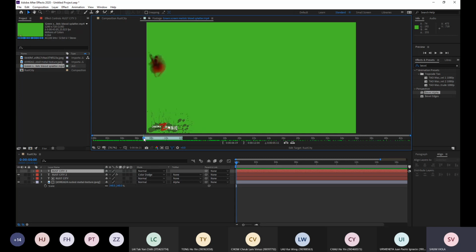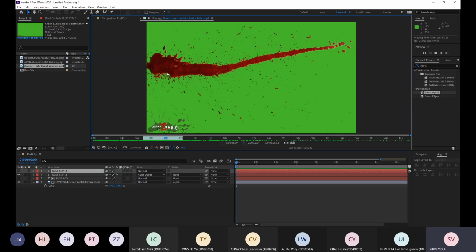For example, I would like to use this one, the one from the left to the right. I only use this one. I'm using the in button and also the out button to select the clip that I like instead of applying the whole video. So I'm not using all of it, just this splash of blood swinging from left to right. There are plenty of these clips on YouTube, and they're free. When you've found the section you need, use in and out to mark the range. Then you can drag this video into our timeline, and put it under the Rust